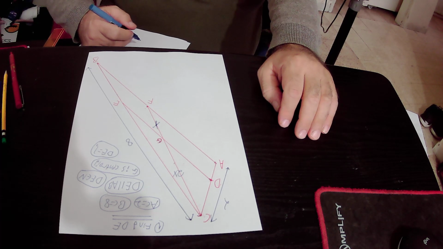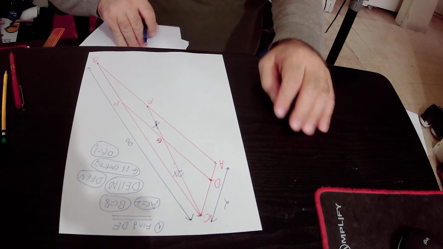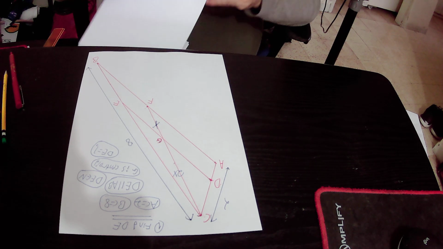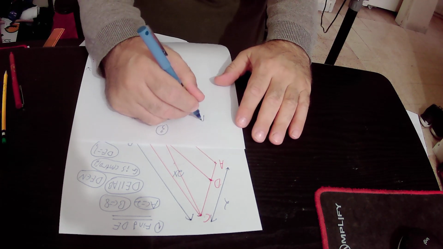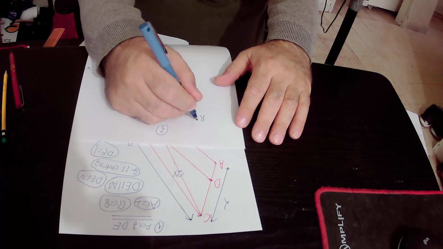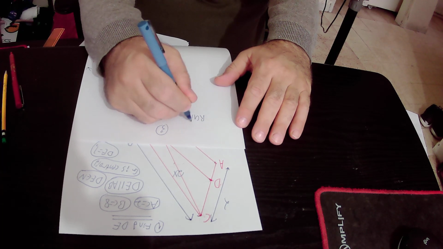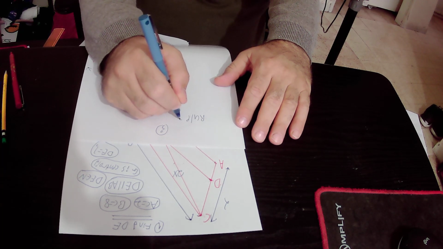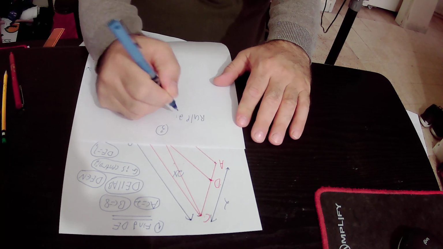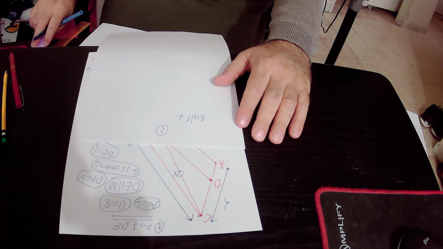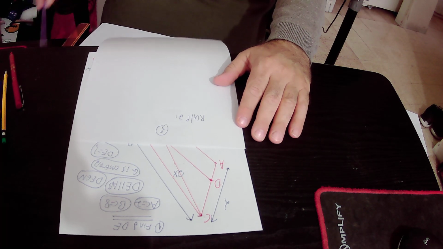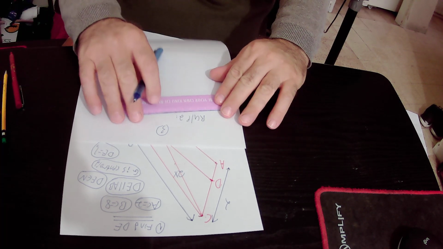And we actually have another rule. We call it rule number 2. Rule number 2 is valid in any triangle. So we can write here that in any triangle,